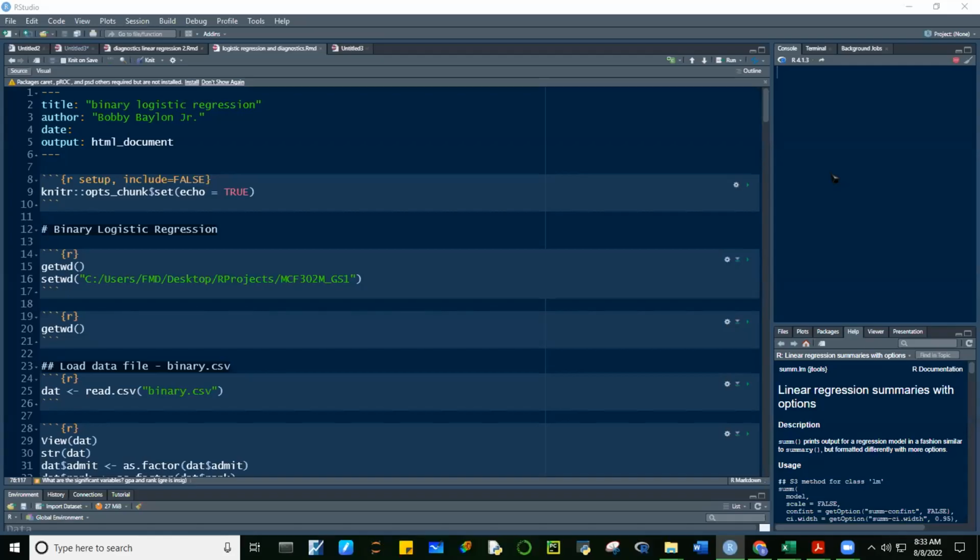Okay, good morning once again. Today we're going to discuss another type of multiple linear regression. Well, it's a different type actually, and it's called binary logistic regression. The difference between a multiple linear regression and a binary logistic regression is that